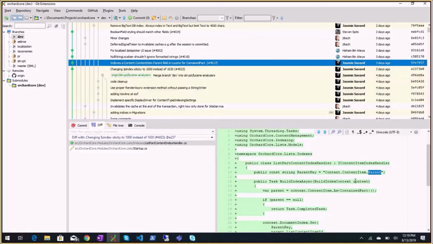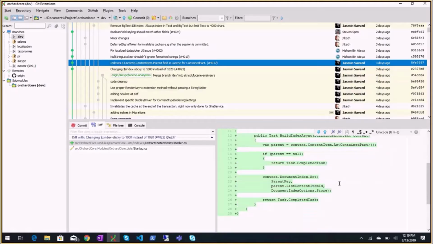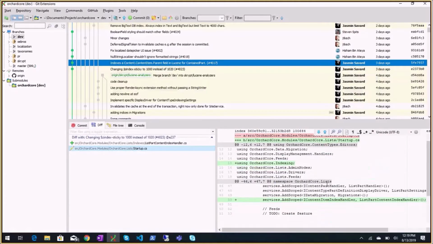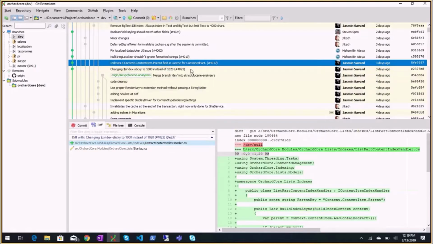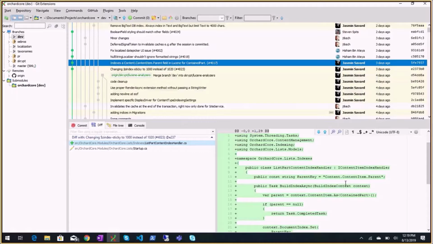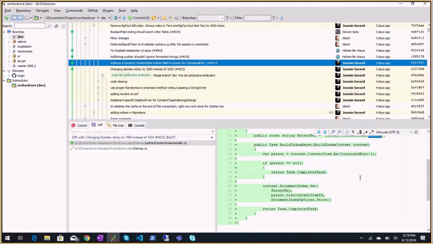So maybe it should be called container instead of parent, to be consistent. Yep, okay, but that's good. So we can query now content items from their container or parent or list, which we could not do before in the search index.